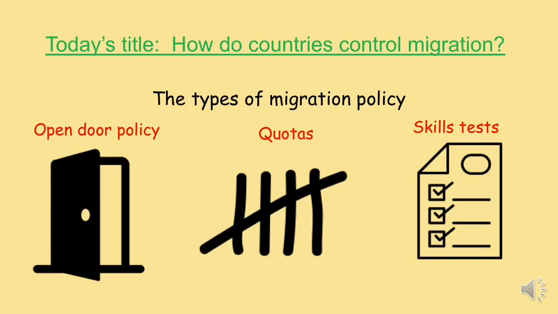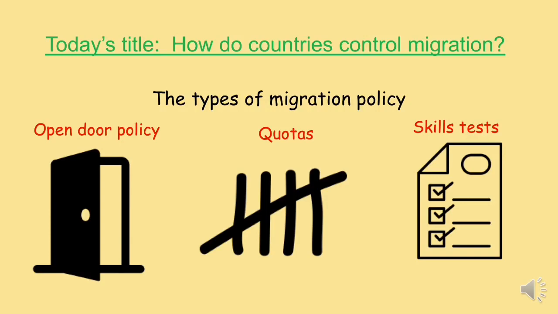For example, there is an open door policy for migration between EU countries. The second type is quotas. This restricts the number of people allowed into a country per year. The country may decide on different things to restrict, for example, the total number of people allowed, or the total number of people from a particular area,